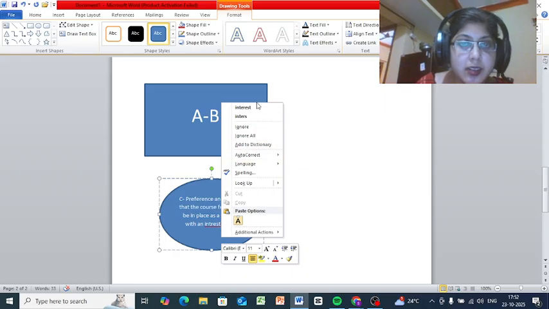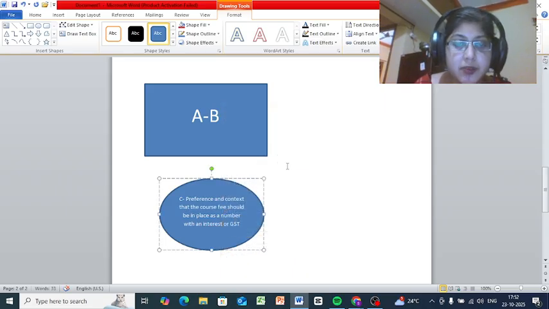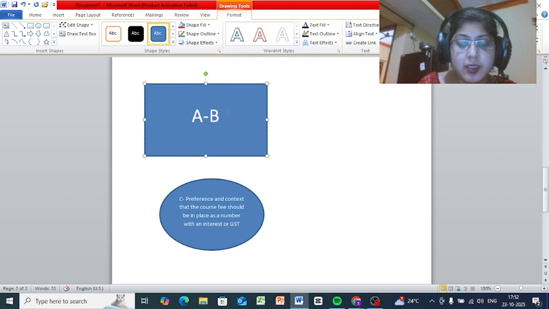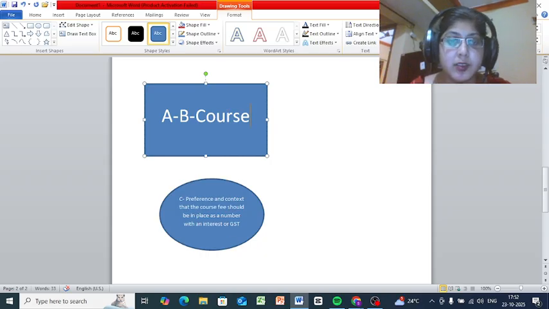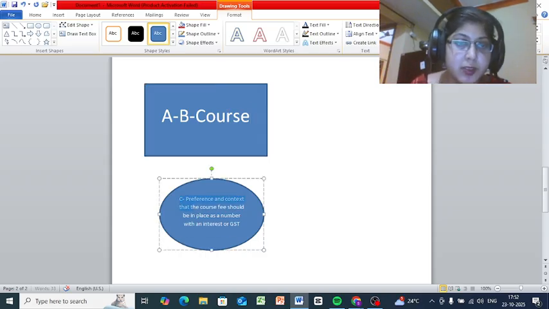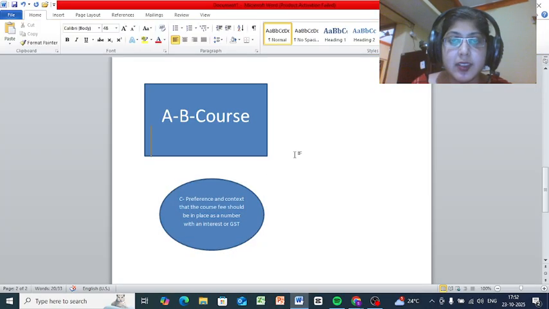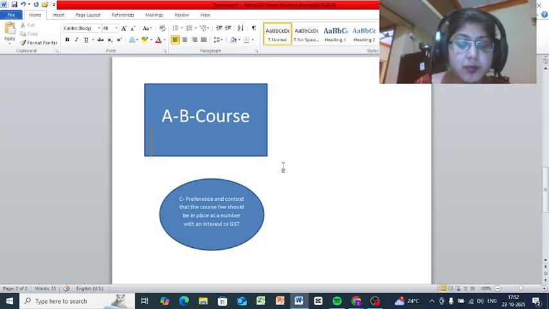Now, after we place this as a preference, A to B will be equal to the course, but the interest or the GST will be added to the course C as a preference and medium, that it is a master,